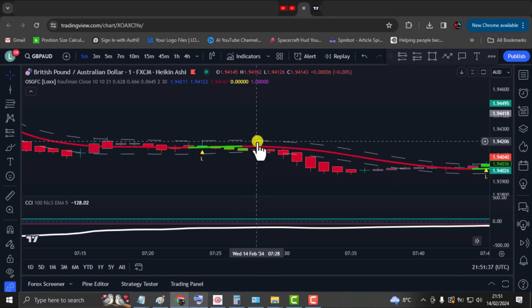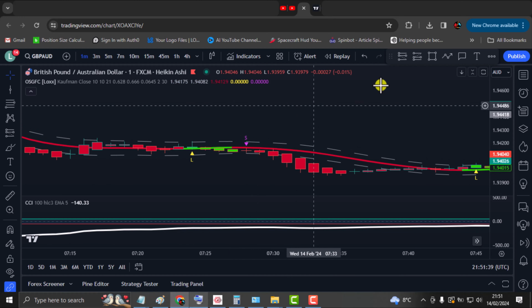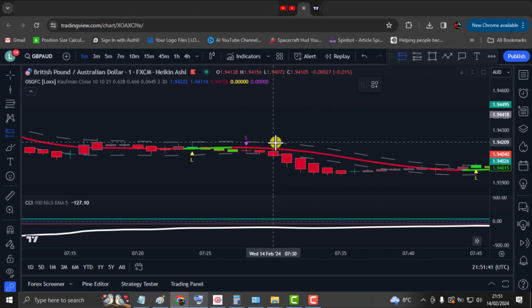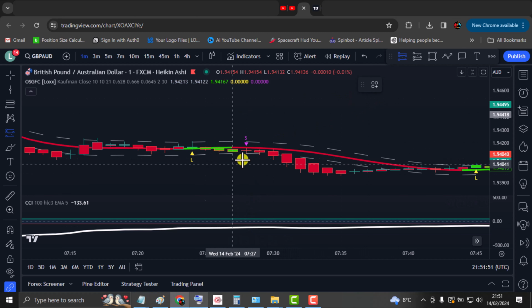And over here we have a sell signal. Look how easy this is, guys. So we have our sell signal over here. Okay, we have a sell signal, whereas the white one is below the minus 50, the red one. So we're going to take it, and then we take this, guys, remember,